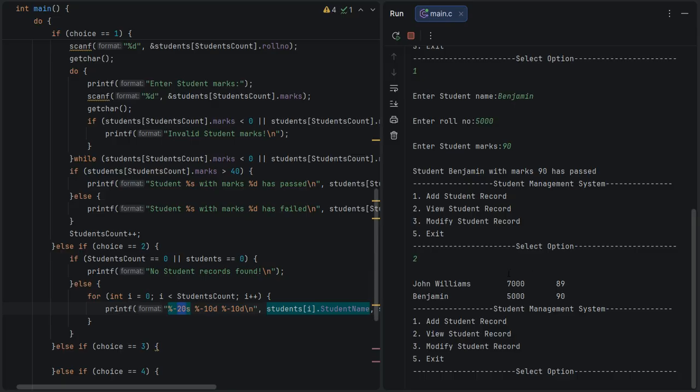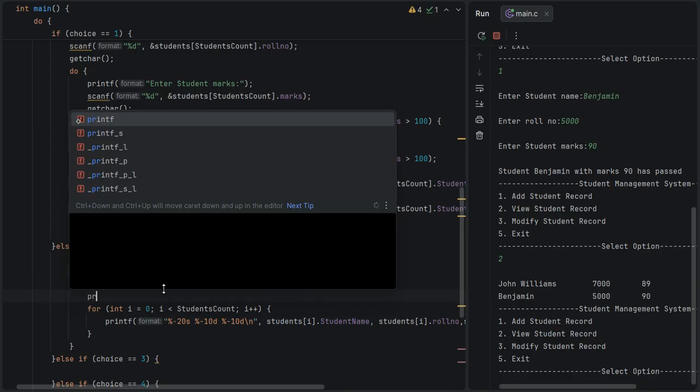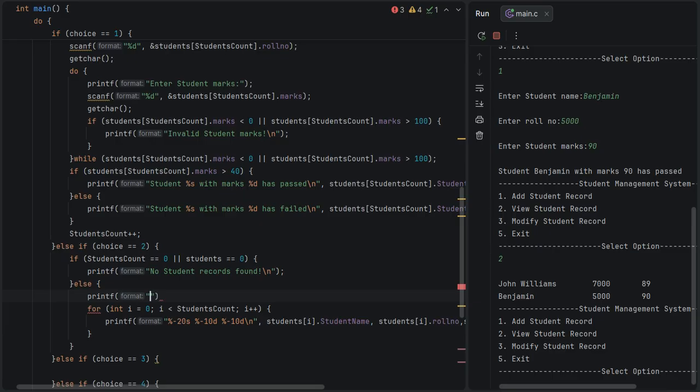So now the second thing we are going to do is to print a header. That here will be names, here will be roll number, here will be marks. So let's see how we're going to do it. Print F. I'm going to copy everything here and put it here, because the header must have the same character spacing as here. So here we will have students names,